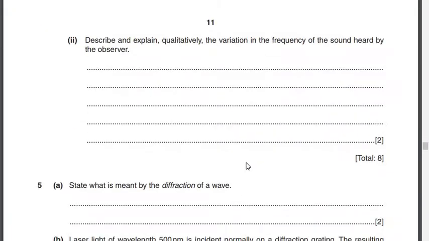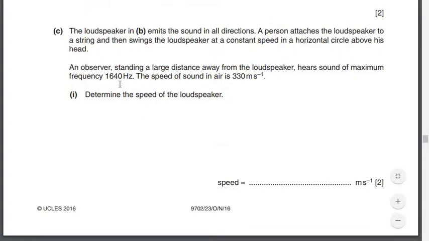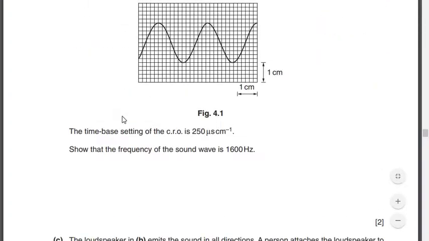Done. Describe and explain qualitatively the variation of frequency of sound heard by the observer. Well, this is very easy. তোমার এই যে ওই কোশ্চেনটা কী হবে? It's gonna move towards you, তখন you're gonna get increasing frequency, তারপর gradually decrease করবে, right? আর যেহেতু 2 মার্কস, তোমার আরেকটু ডিটেইলে বলতে পারো যে তোমার এটা 1640 তে উঠলো, ঠিক আছে? আবার সে কমবে।